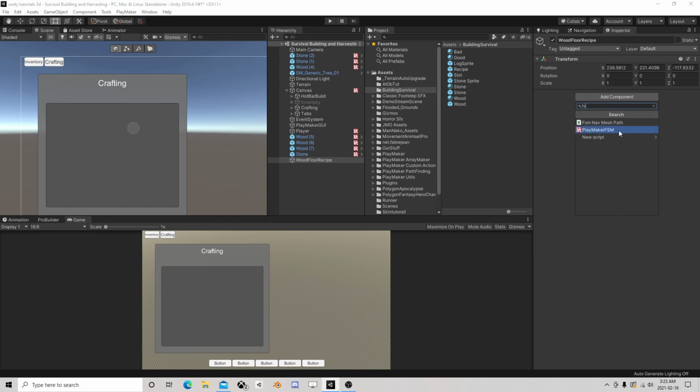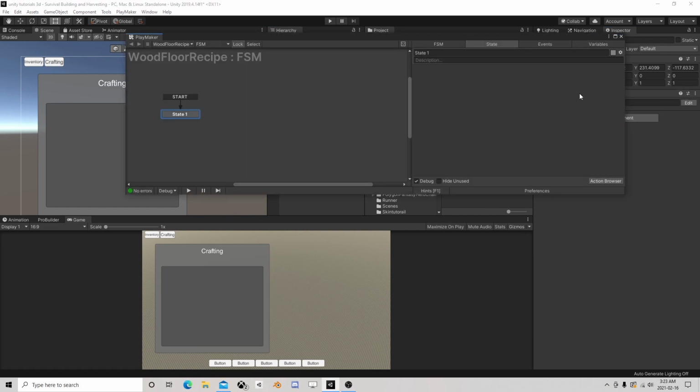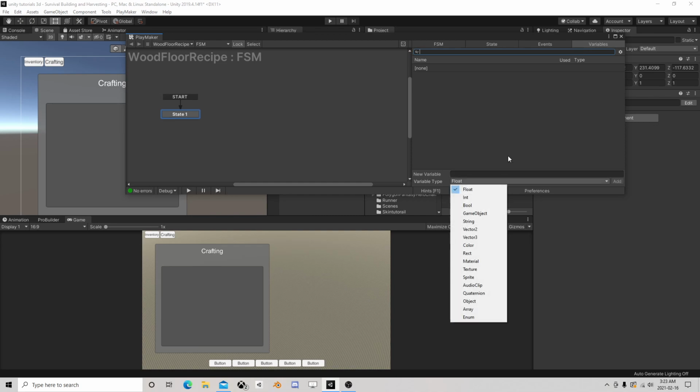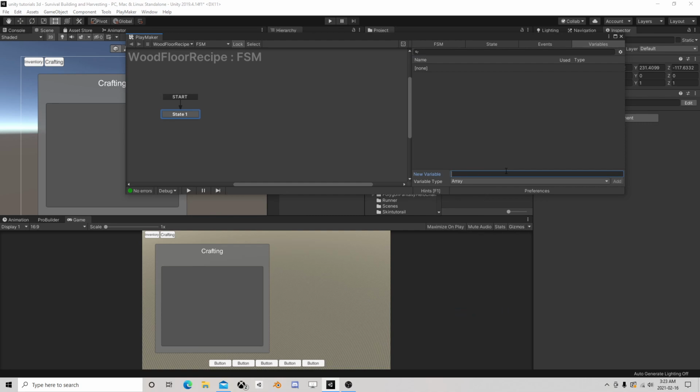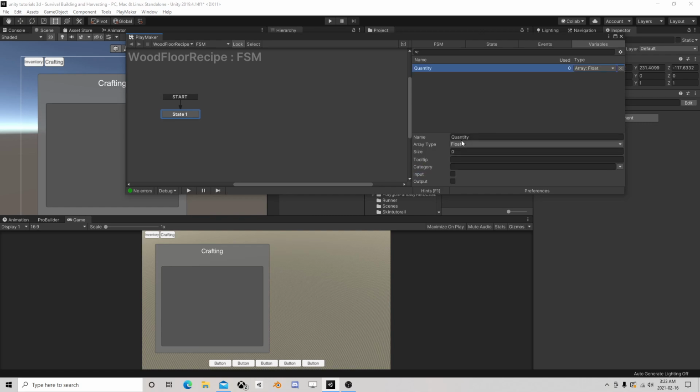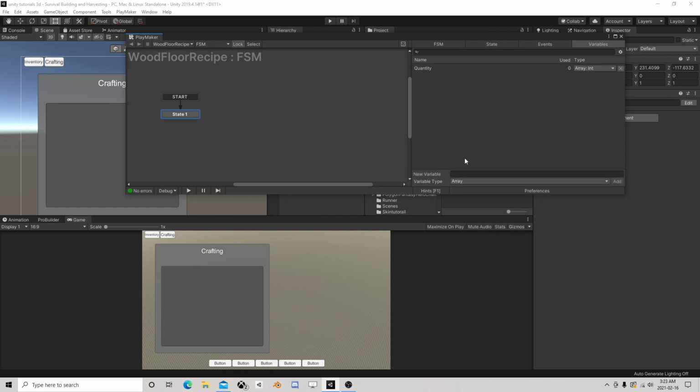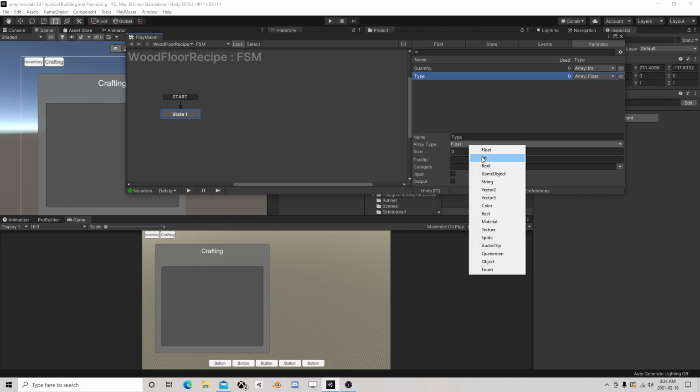I'm going to add an FSM to him. So he has two arrays. He has an integer, so he needs a quantity, and he has an array for type, and this one's going to be a string,